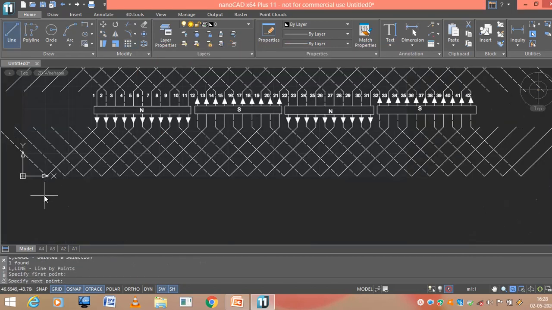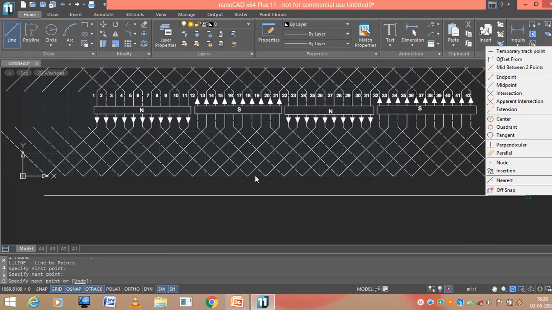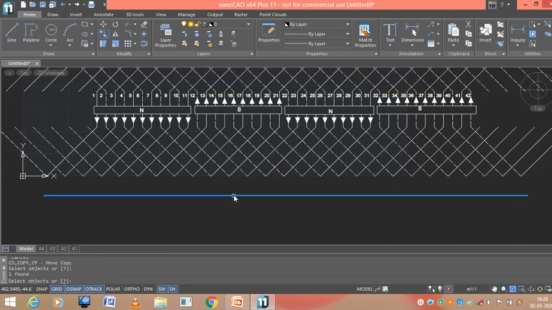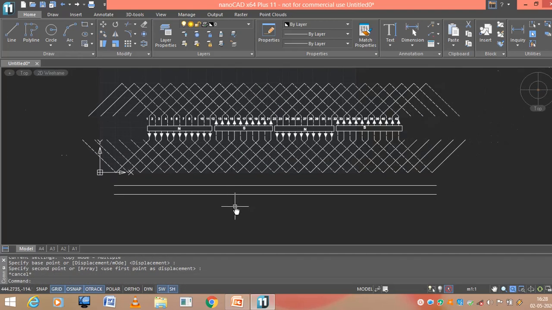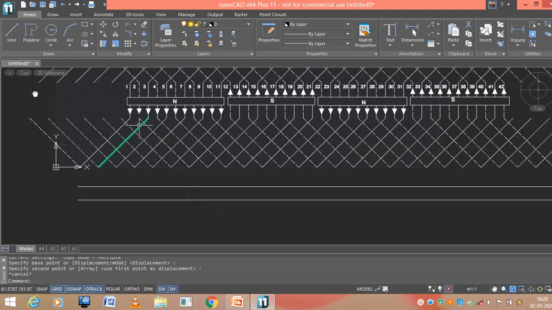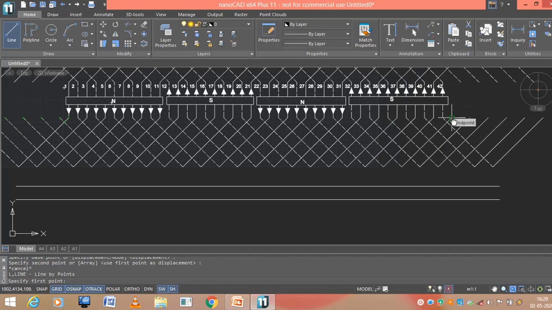Now let us draw a commutator segment. So what about the number of commutator segments? The number of commutator segments is equal to the number of turns. So I have 42 conductors, it means number of turns is 21. So number of commutator segments is also 21. The better way of starting the connection is, you can see here the extensions 1, 2, 3, 4, 5, 6